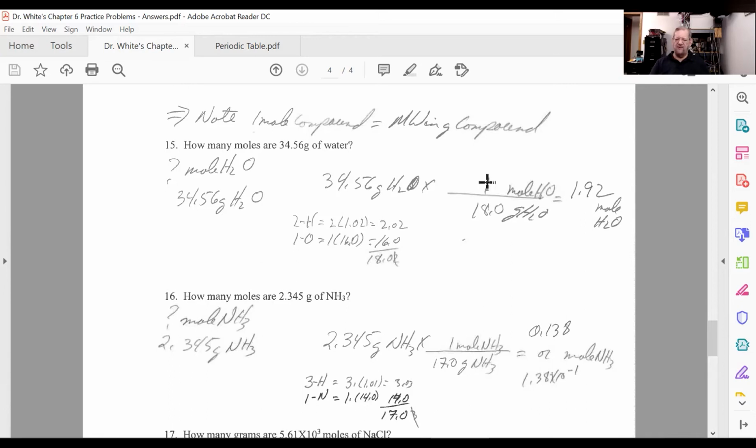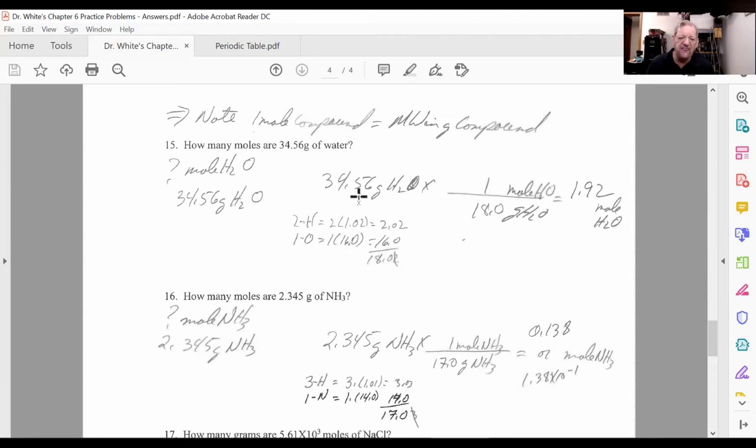Now, where do we find a relationship of moles to grams of water? 1 mole of a compound, water, equals its molecular weight, water, in grams. The molecular weight of water, which we just did, but I'll go through it again quickly. 2 hydrogen, 1 oxygen, atomic weight, 3 significant figures, hydrogen, 1.01. That should be a 1. I don't know how I messed up on that, but Dr. White makes mistakes too. And 16.0. But anyways, add it up, you get 18.0.